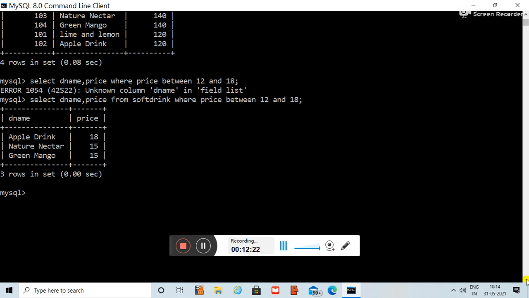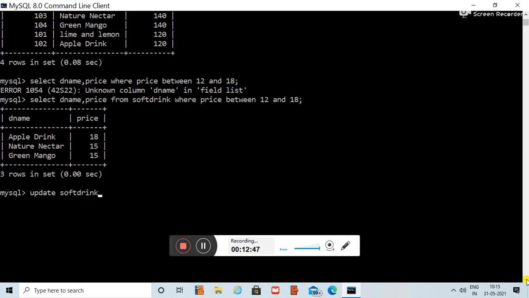Okay, for modifying, what we are going to use, we are going to use the update command. Okay, so we are going to write update, name of the table, the same mistake we are not going to do once again, soft drink.